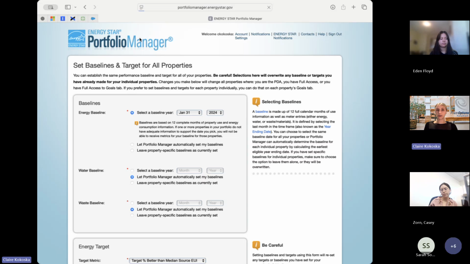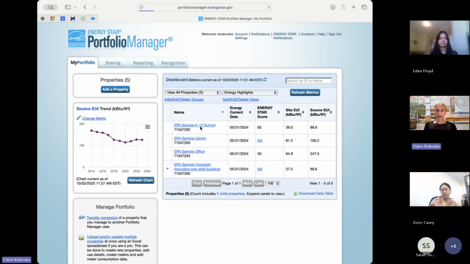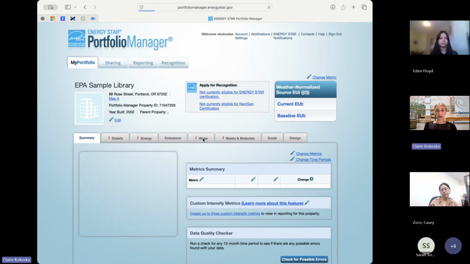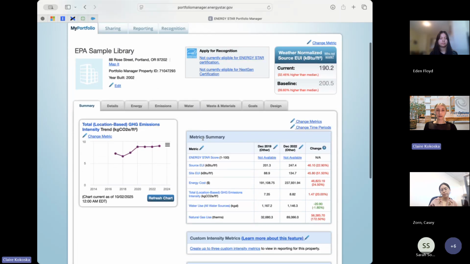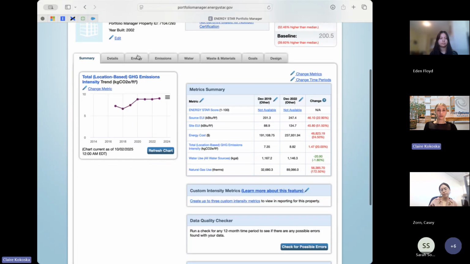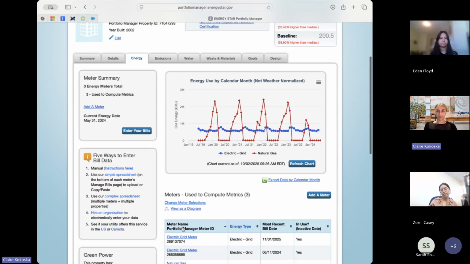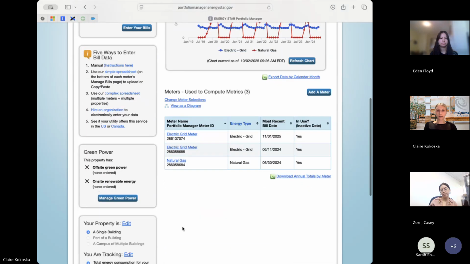Great, and then to set individual property targets and baselines, actually, let me go back because I did that a little too quickly. You go back to your home page, and again, you can either click this logo up here or the My Portfolio tab, and then in the right-hand side, it lists all your buildings. So let's say I want to set a target for the library. I'll click on that hyperlink for the library, go to the Energy tab, and then, sorry,